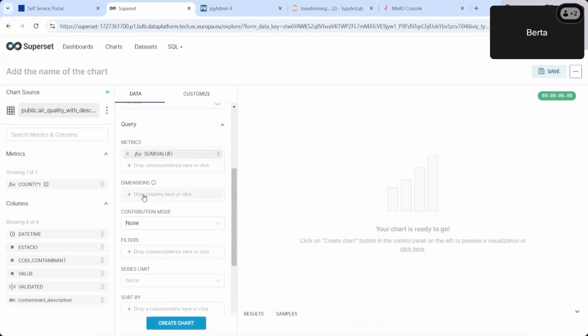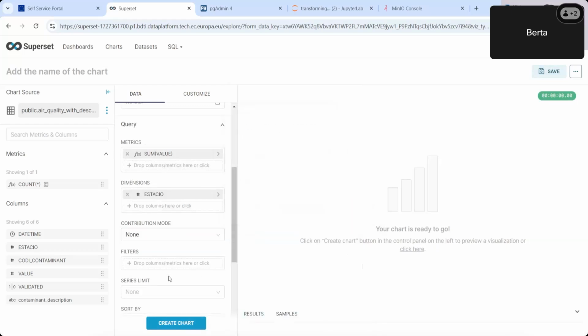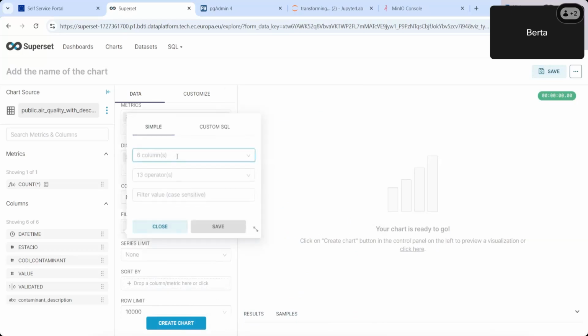We want to have it per station, so we're gonna use the dimension stations and filter it by the pollutant. There's two ways to use it here.